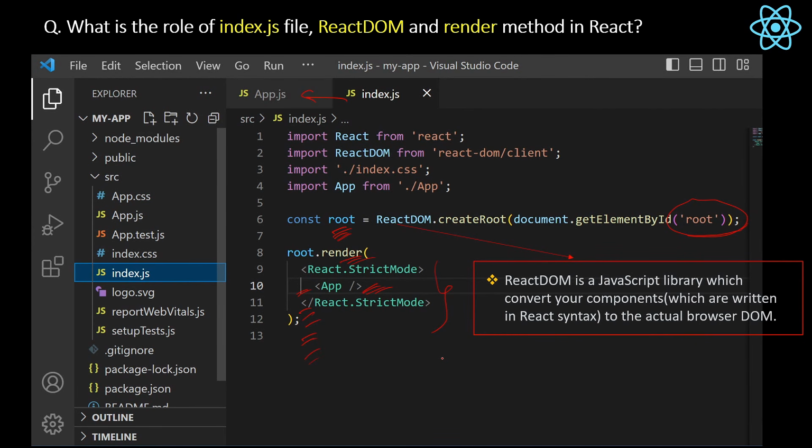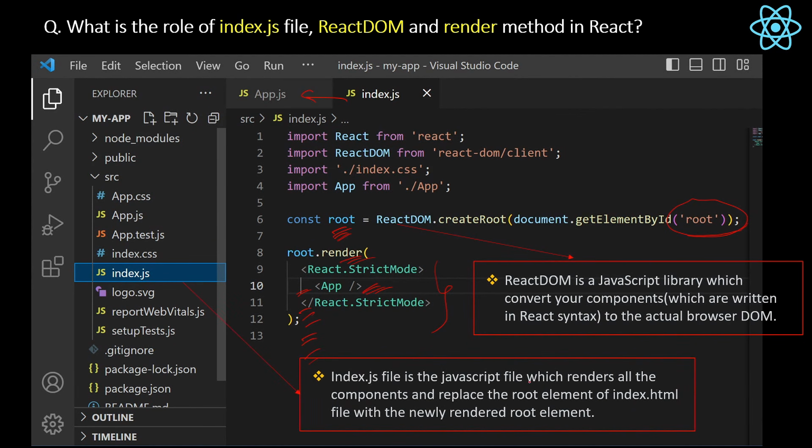That's it. So at last, the definition of the index.js file is: index.js file is the JavaScript file which renders all the components and replaces the root element of the index.html file with the newly rendered and created root element. So that is the answer. I think you can relate it with the explanation I have given.